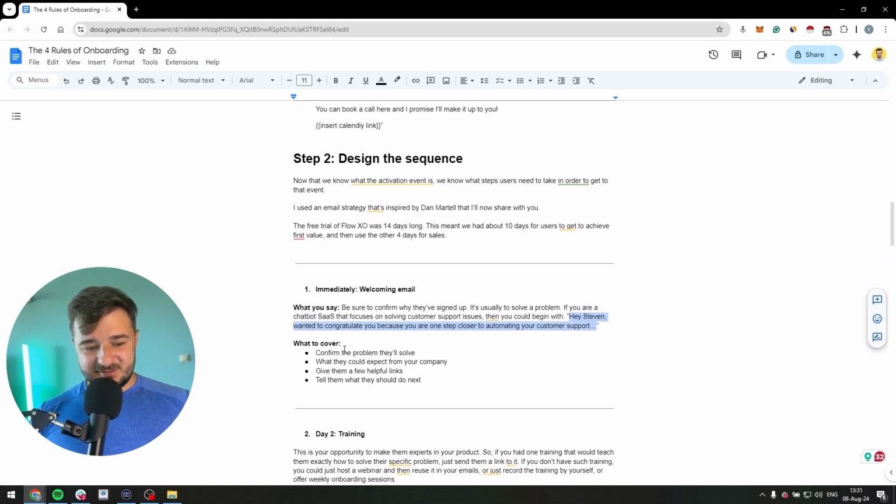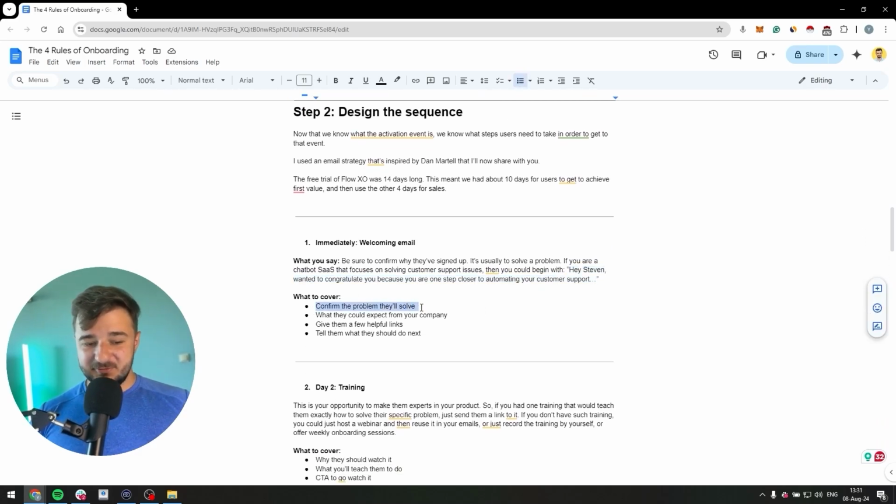So what to cover inside the email is you confirm the problem they'll solve, what they could expect from your company. Then you could give them a few helpful links inside the email. It could be to your help center, it could be your YouTube channel. Just be helpful here. And finally, you want to tell them what they should do next. Ideally, just tell them what are those 3 to 5 steps they need to take in order to achieve that